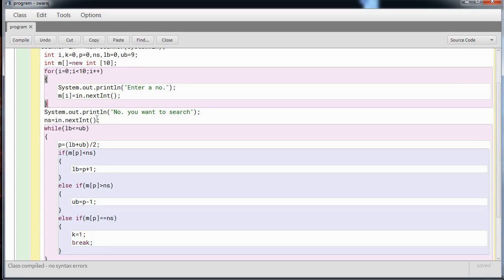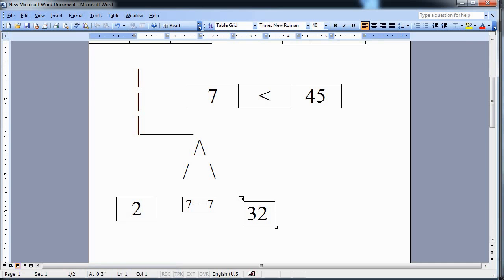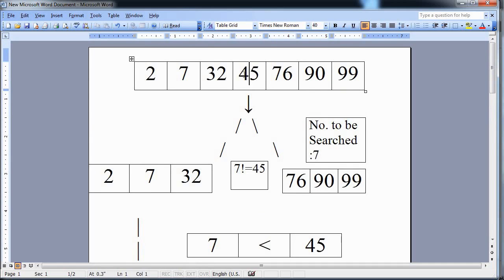So this process will work until and unless the LB's value is less than or equal to UB. Now you might have a question, we have initialized it to a fixed value. No, the values of LB and UB will be changing during the course of the loop, which we will see later. Then we will find the position of the central number using the statement P is equal to (LB plus UB) by 2. In the previous case, the LB was 0 and the UB was 6. So LB plus UB by 2 gave us 3. And the system searched first at the third position, which in this case was 45.